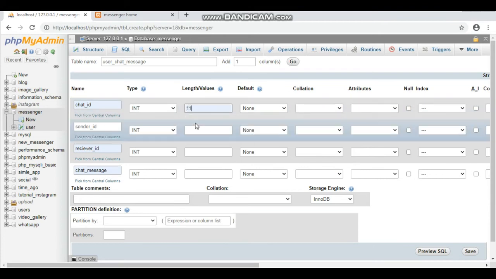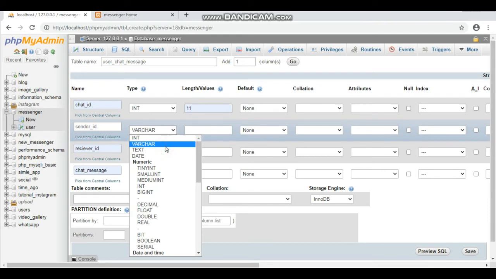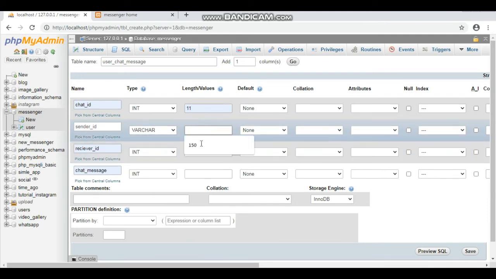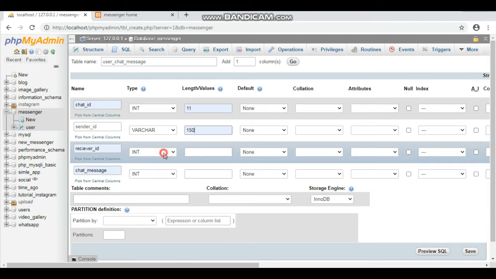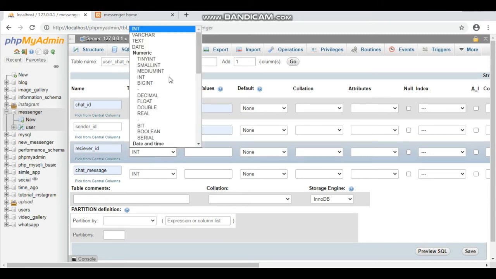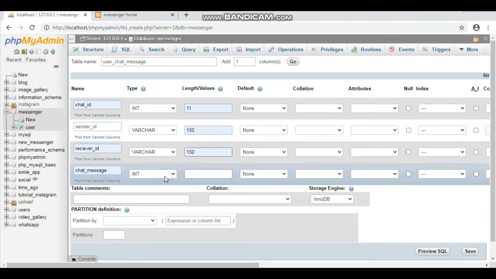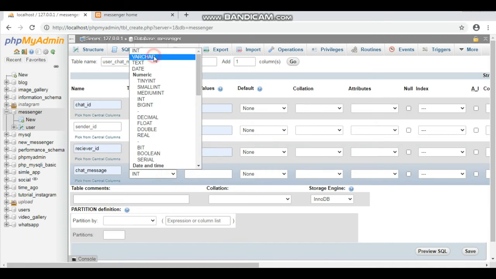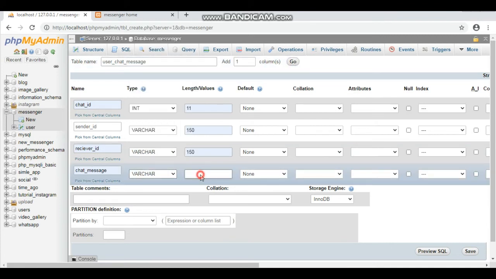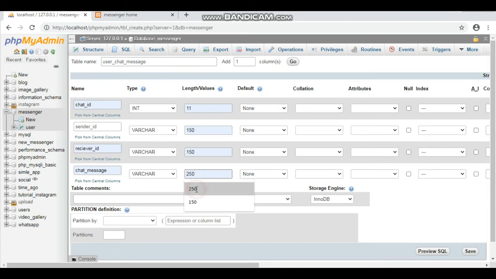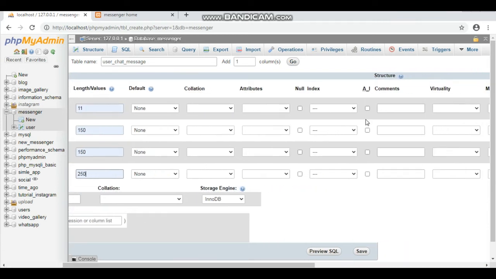Here that is chat ID, type is integer, length is 11, and then sender ID, type is varchar, and then length is 150, and then receiver ID, type is varchar, length is 150, chat messages, type is varchar, and then length is 250, and then chat ID set to auto increment, that is primary key.